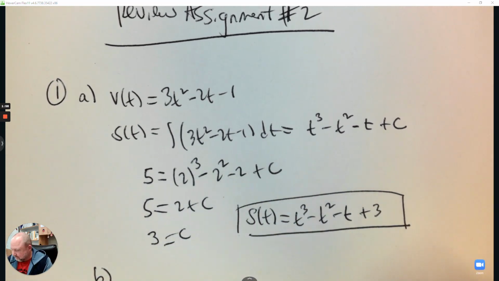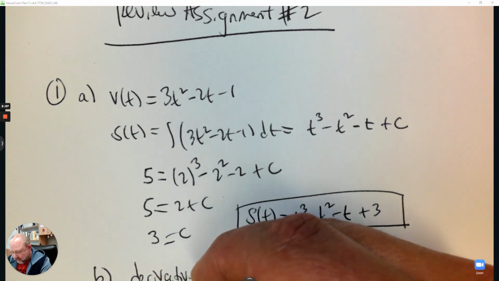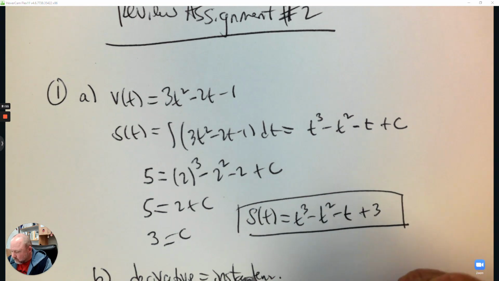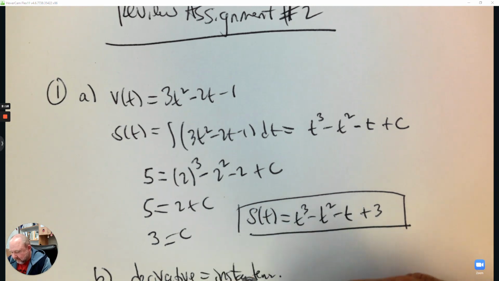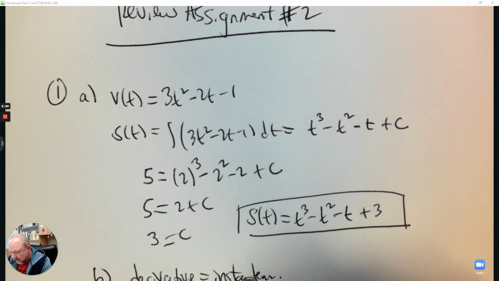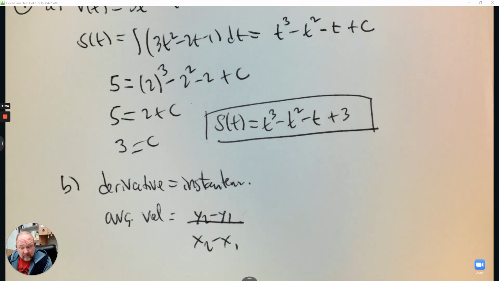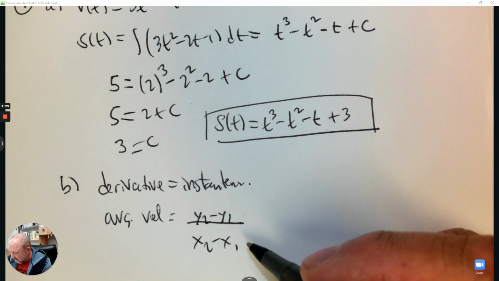Part B. For what values of t is the instantaneous velocity the same as its average value? What does the word instantaneous mean? It means derivative, right? That's what the word instantaneous means. The average velocity is going to be like y2 minus y1 over x2 minus x1. Again, we're going to use a calculator if we need to. So the instantaneous velocity